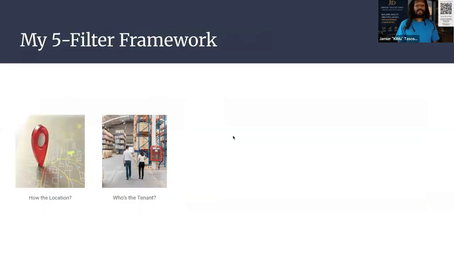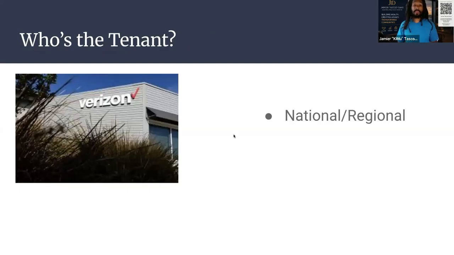The second piece of this is the tenants. Now, the cool thing about the tenants and what's different than multifamily is the fact that these tenants are not regular people, these tenants are businesses. And you want to make sure that these businesses are also solid. So if you have any background in the stock market or you have some type of understanding of how to look at businesses, what's a good business, what's a bad business, you can really understand this aspect of my framework, which, hey, if it's Verizon, for example, Verizon is a national company.